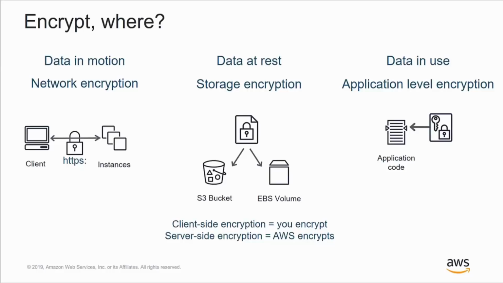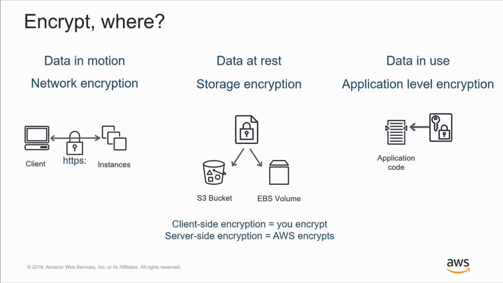We talk about really two types of encryption: client-side encryption and server-side encryption. Client-side encryption is when you encrypt data yourself before you send it to the storage environment, either using an SDK or using your own implementations. Server-side encryption is where the storage environment, S3 for example, encrypts the data as it receives it and decrypts the data as it replays it back to the requester. So oftentimes we'll think of server-side encryption as transparent data encryption. Data gets encrypted as it gets stored, data gets decrypted as it's retrieved. Typically pretty simple to deploy, and it's where we'll focus virtually all of our time during this session.